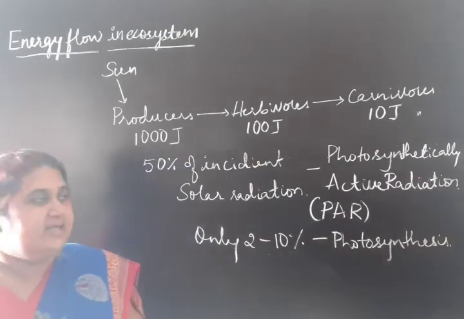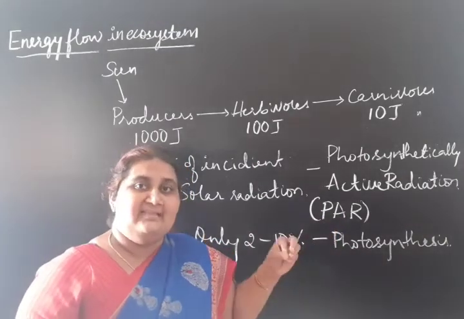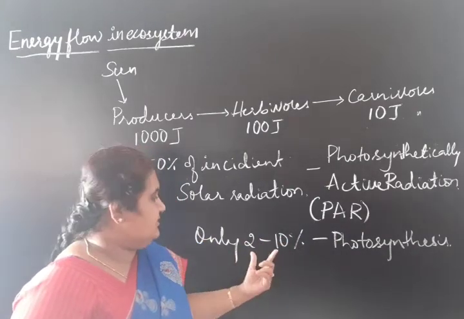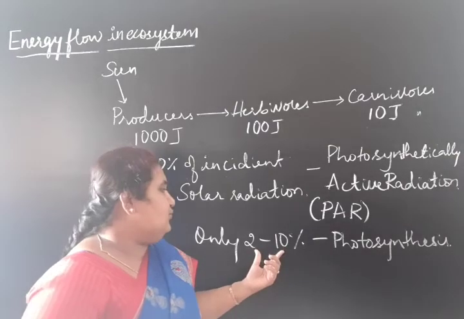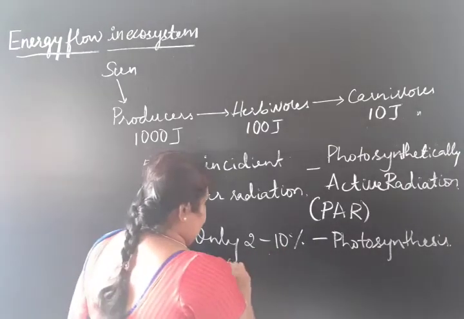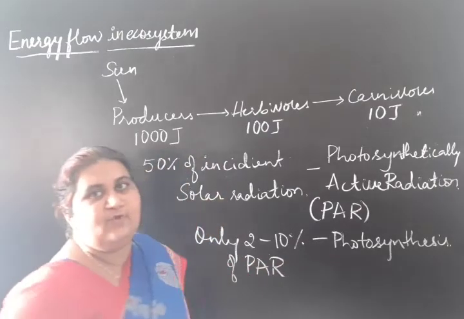Of whatever PAR we consider, how much do green plants use, what percent do they use for photosynthesis? It is only 2 to 10% of PAR that is utilized for the